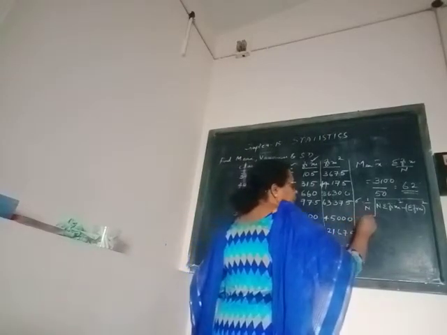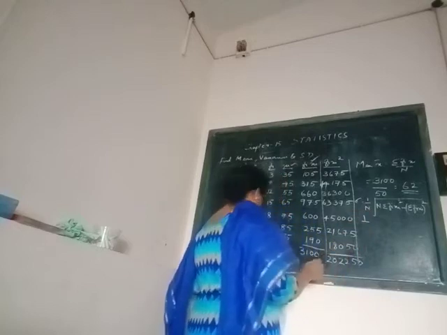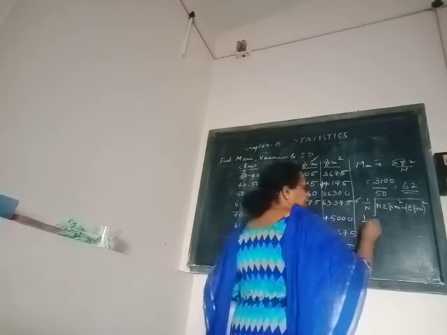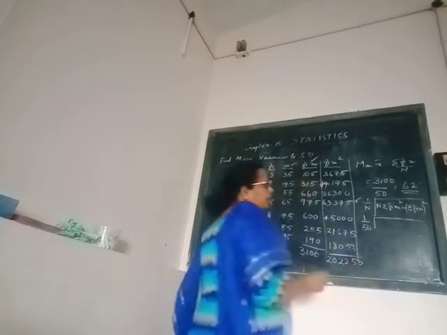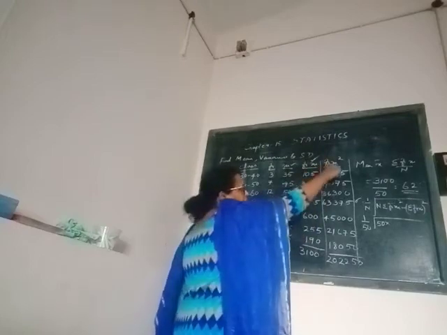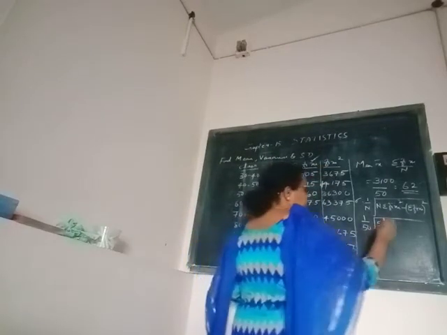Substitute. So 1 by n is what? 50, root of n, n is 50, into sigma fi xi squared. Fi xi squared sum is